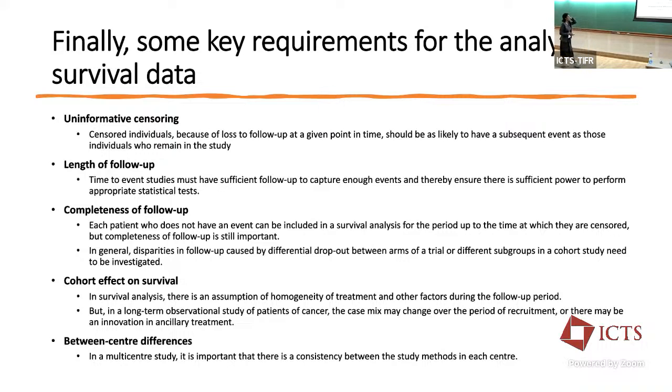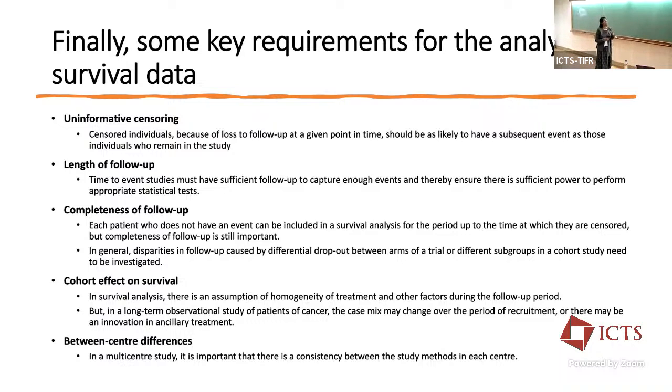Finally, to be able to conduct survival analysis, there are some key requirements. The first one is uninformative censoring. That is, censored individuals, because of loss to follow-up at a given point in time, should be as likely to have a subsequent event as those individuals who remain in the study. Secondly, the length of follow-up. You need to have